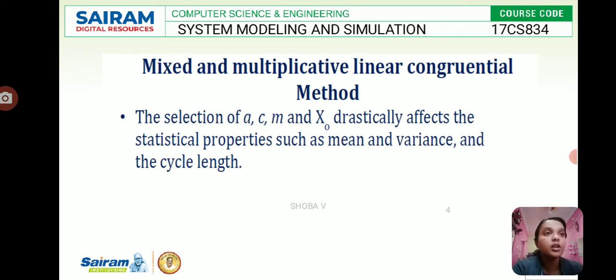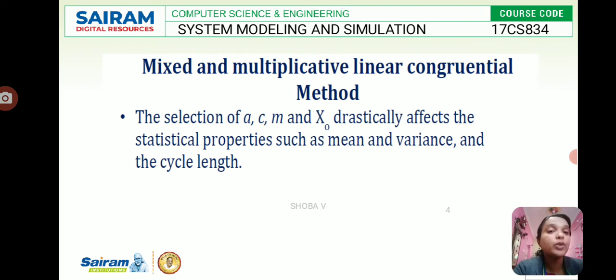So the solution: a sequence with a period of length 2 is achieved when the GCD is 2, and a period of length 4 occurs when the GCD is 4. So when X naught equal to 1, there is a generated sequence with some other values. It is not viable for any applications, its period is too short and its density is insufficient. So the example shows the importance of properly choosing a, c, m and X naught.